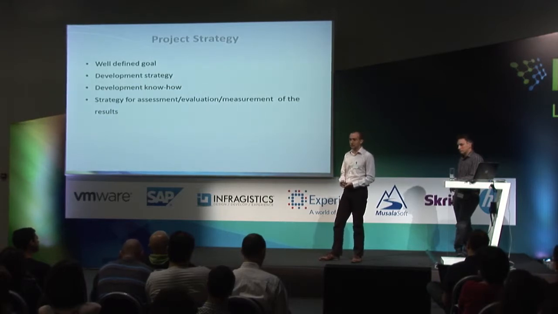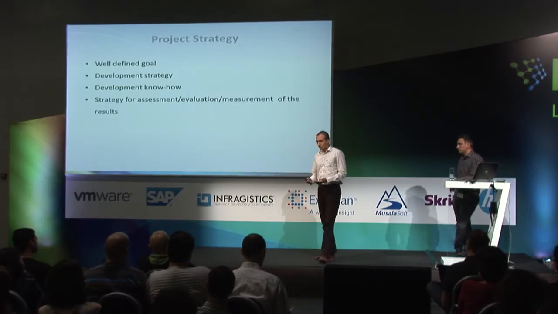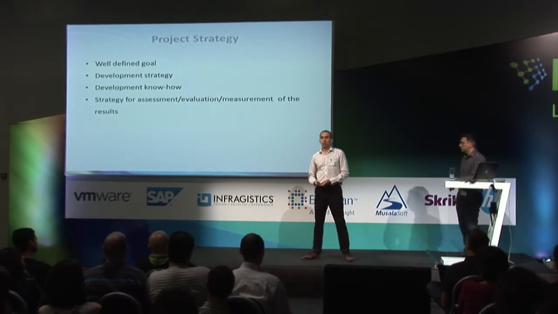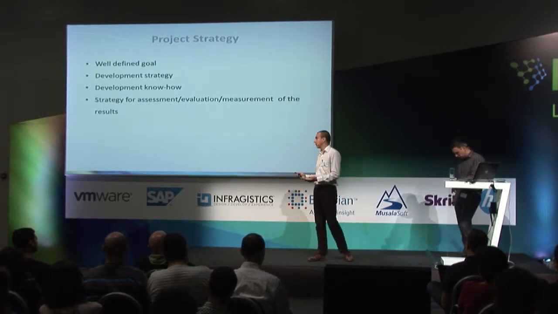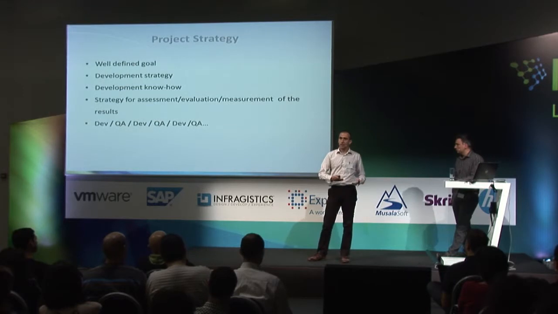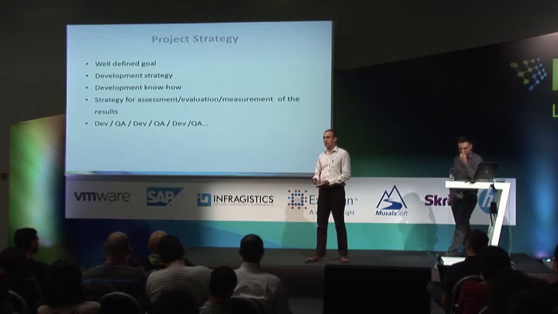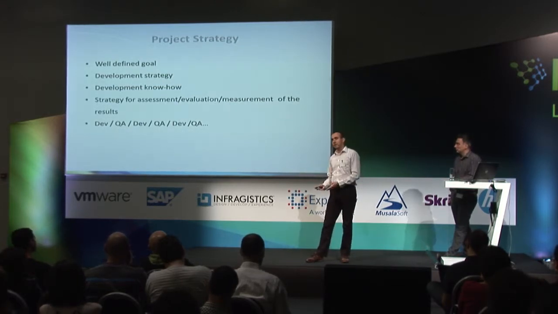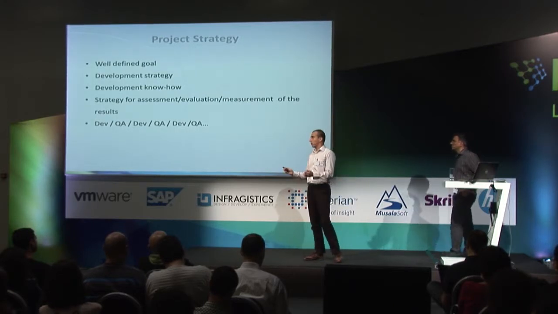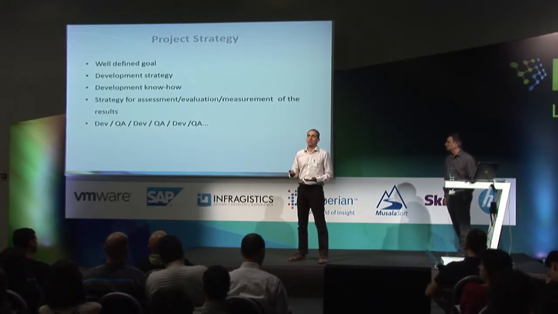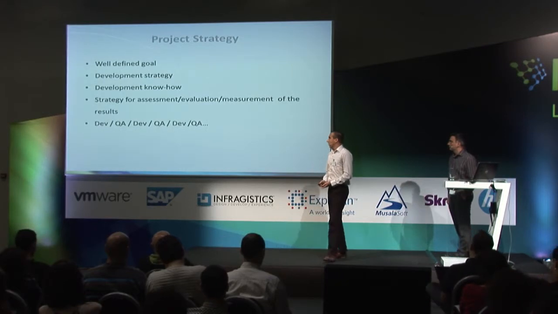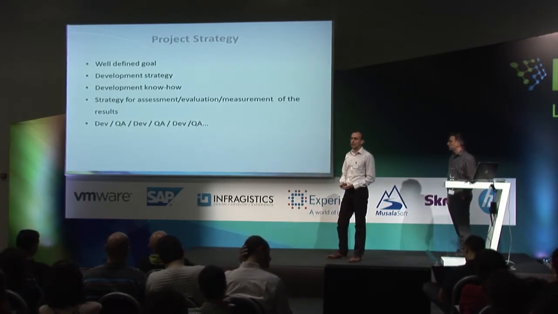Of course, no matter how well prepared we are for all this, there is still a lot of uncertainty involved. So the project should proceed in small iterations, including developing something, then testing it, giving some feedback to the development team to know where to concentrate their efforts, and so on. Developing something, testing it, feedback. This way, we are very flexible and can achieve our goal with as much certainty as possible. So this is the strategy that we had in the beginning.